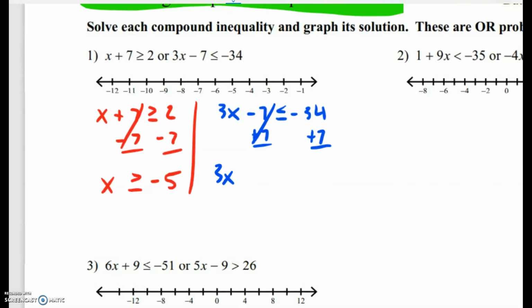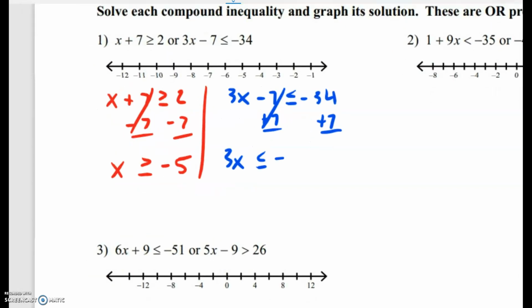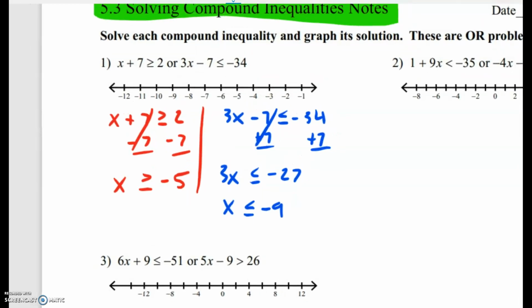Just like any other multi-step inequality, we can do those same steps. Negative 34 plus 7 gives me negative 27. Divide both sides by 3. x is less than or equal to negative 9. So we've got x is greater than or equal to negative 5, or x is less than or equal